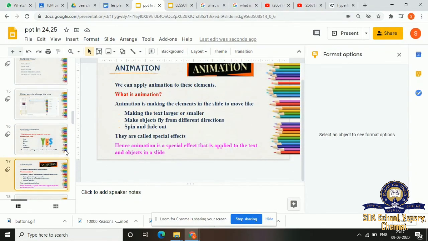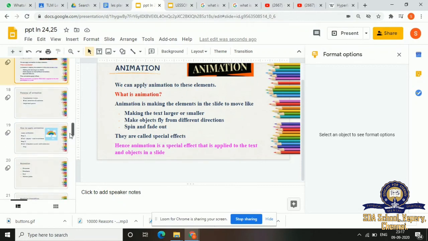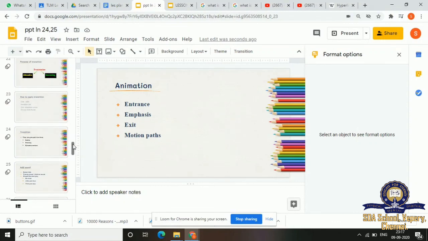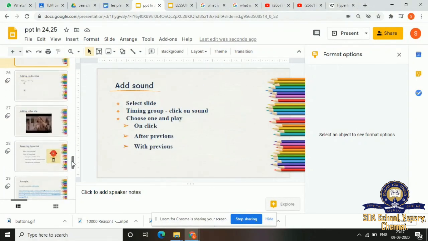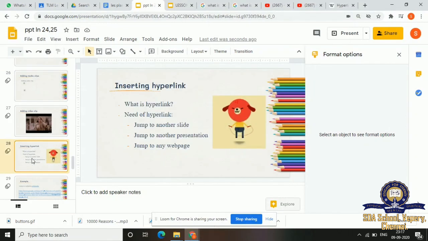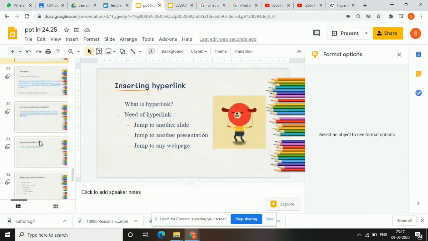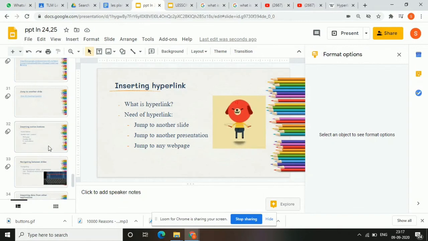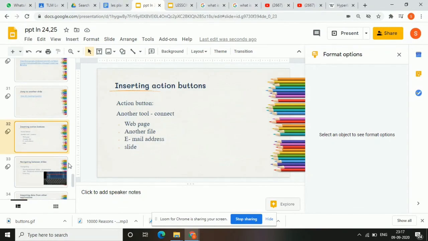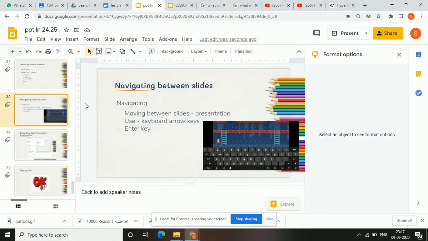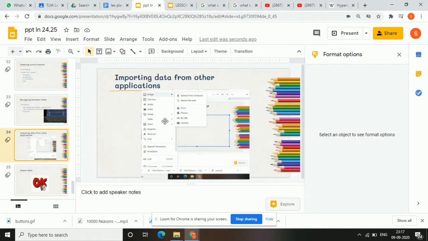Then we have learnt applying transition. Then media clips, inserting media clips. Then inserting hyperlink. I've given examples for that. Then inserting action buttons, navigating between slides, and importing data from other applications.